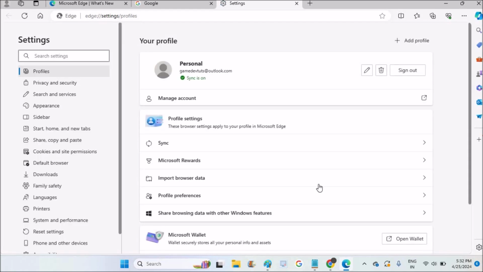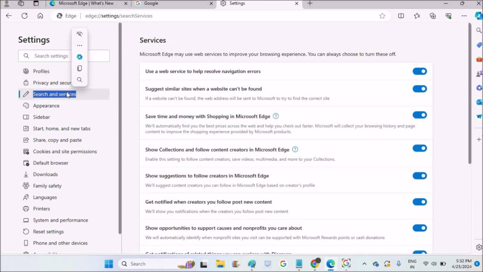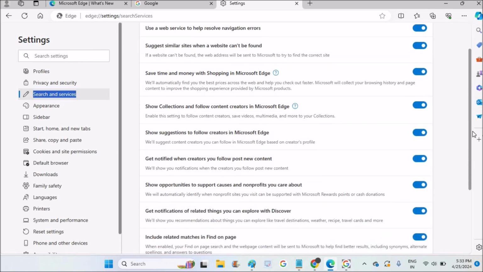This will open the Microsoft Edge browser settings, and at the left side you will see something like search and services. This option you need to click. Tap on this and you need to scroll to the bottom. There will be an option called